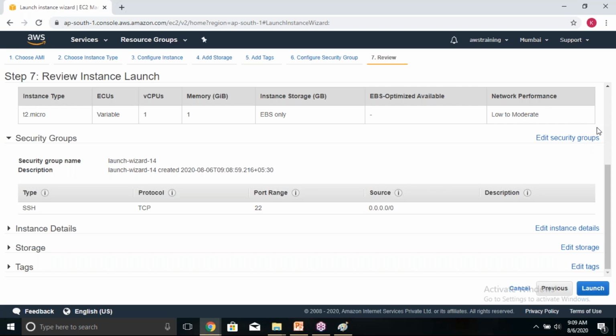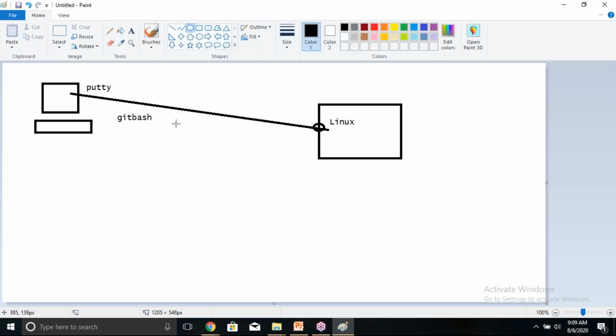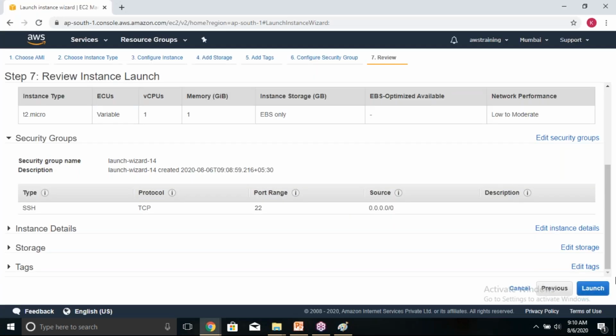One important point. When you click on launch, it will ask you to download a file, Ramesh. Once you're creating a Linux machine, at the end it will ask you to download a file. I hope you remember what file it will prompt you to download. It will ask you to download a file with extension .pem. That's called what file? Keypair. Am I right, Ramesh? That file with extension .pem is nothing but a keypair. Hi, Atam. Thank you for joining. Mallesh, Venkat. Okay, perfect. So it's asking you to download a keypair as expected. Please observe here.